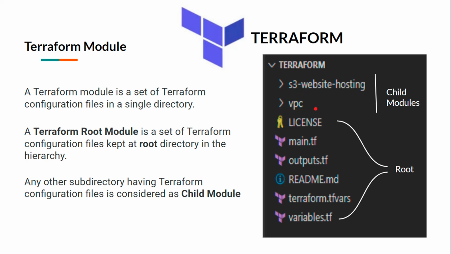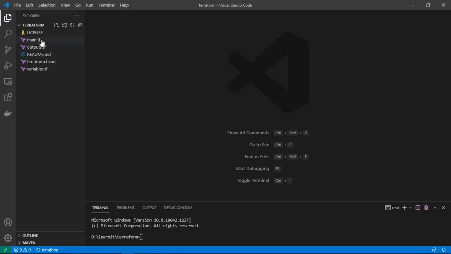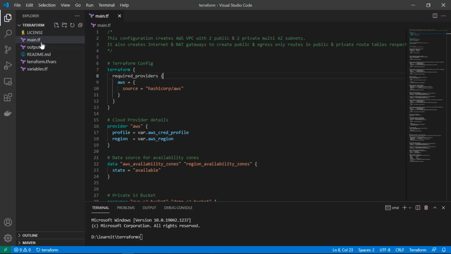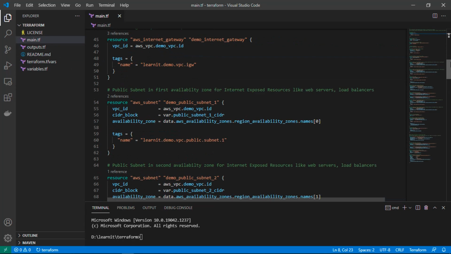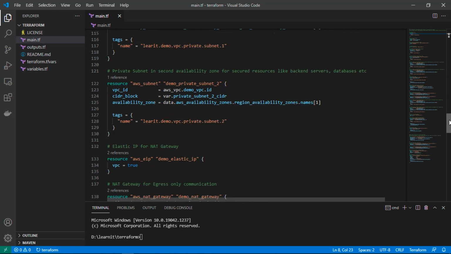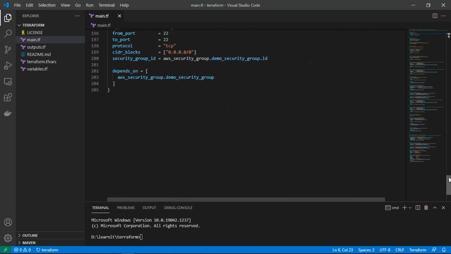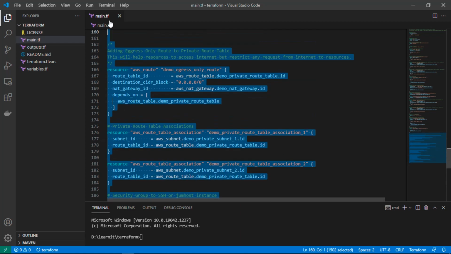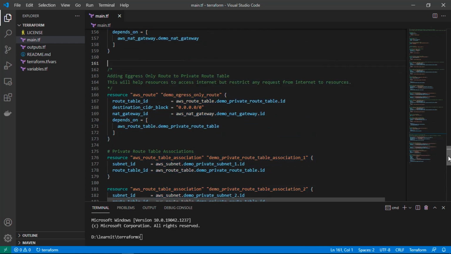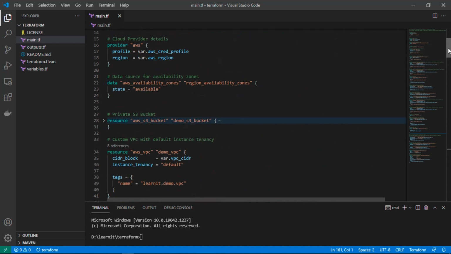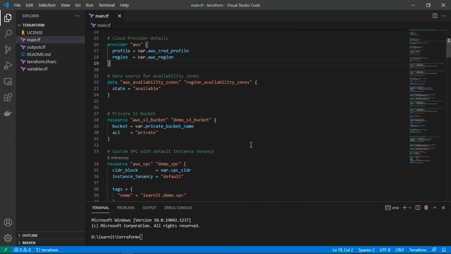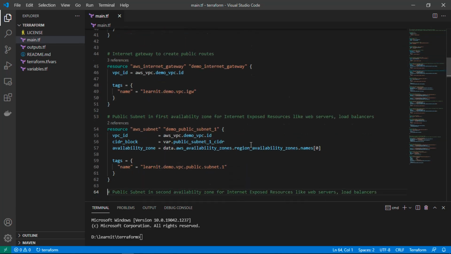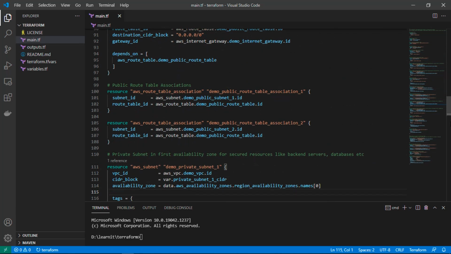Now let's go to Visual Studio Code and understand how to create multi-module Terraform configuration project. So guys, this is our previous Terraform configuration project, and in the previous project we had covered AWS custom VPC creation using Terraform, and you can see we had written almost 200 lines of code for a custom VPC in Terraform. Now let's remove this code and define a separate module to create an AWS VPC.